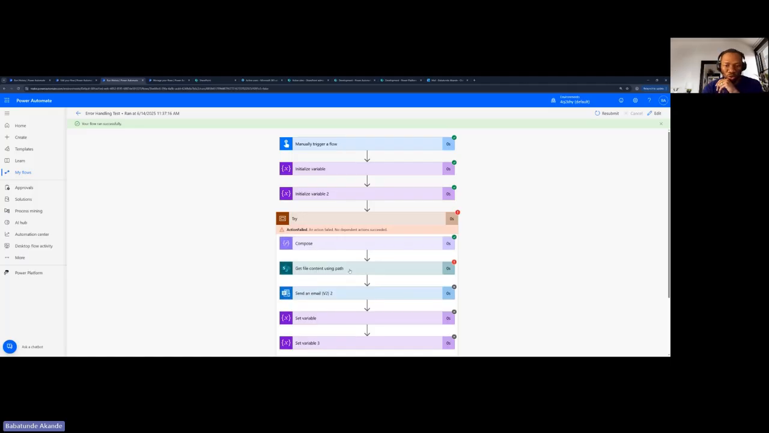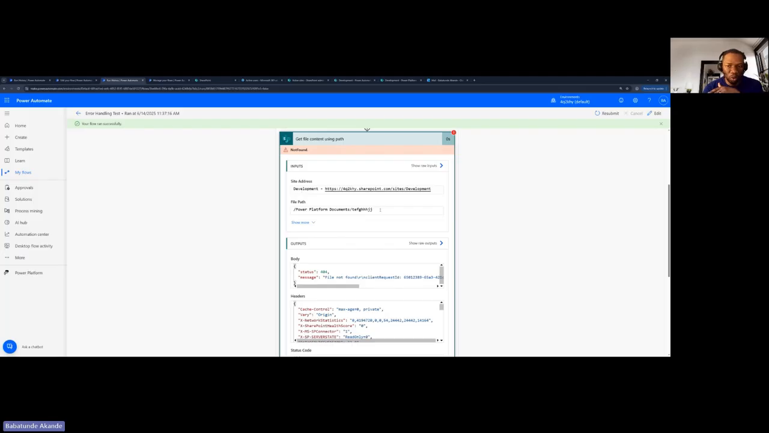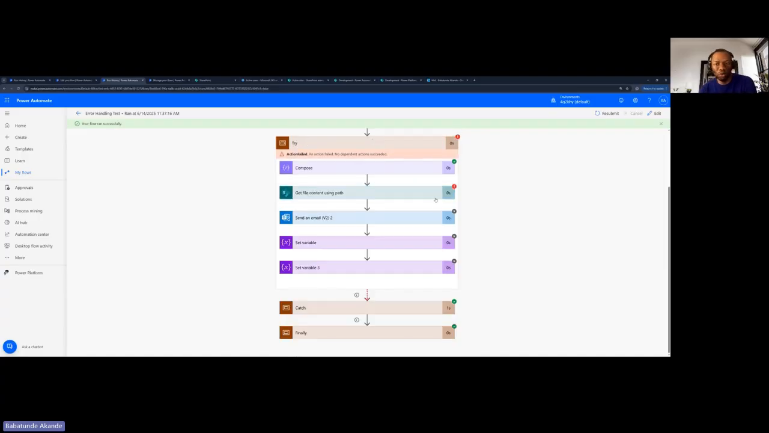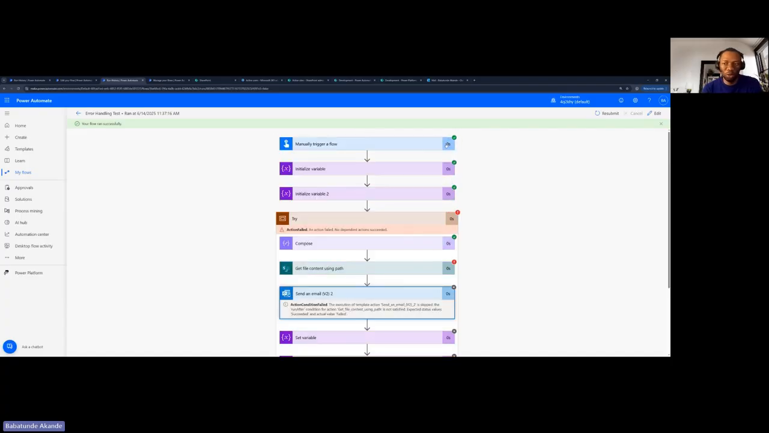And then it tries to get the file using the path. But then when it goes to this path, it says not found because there is no file with this particular name there. So at that point, the flow is bound to fail, which is exactly what happened here. So this flow failed, and you can see different actions as well, just to understand Power Automate better,